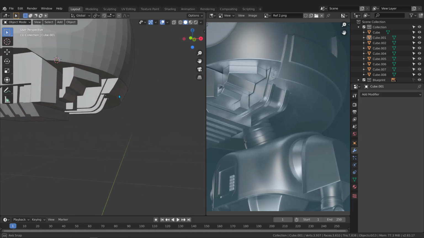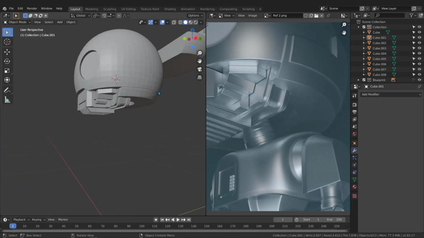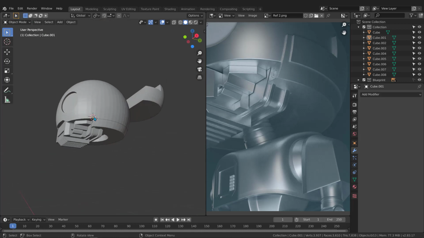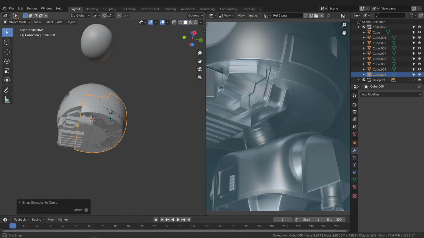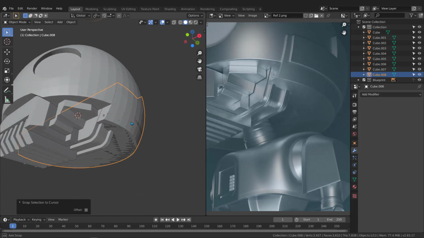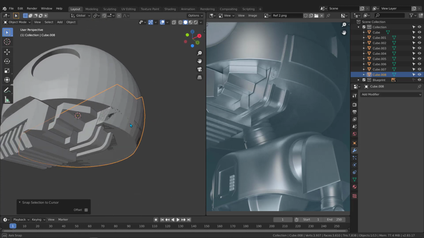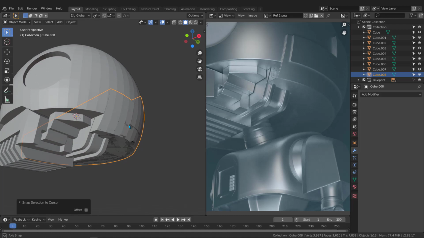What I need now is to bring this piece back. So to bring this back in the right place, select it, hit Shift S, and select it to cursor. So now this should follow the cursor, just like that. Well, when you complete this,